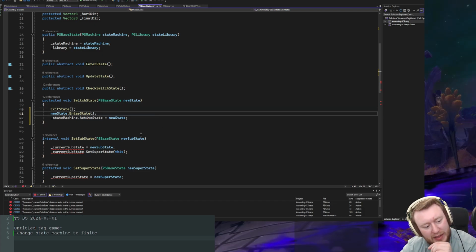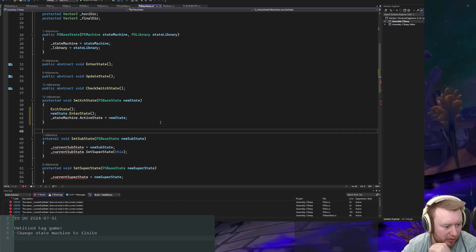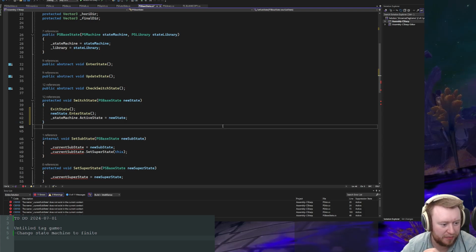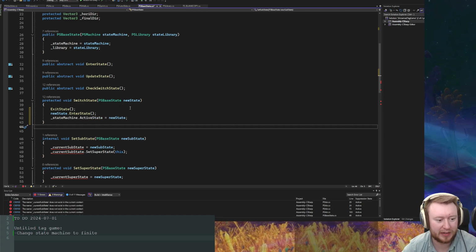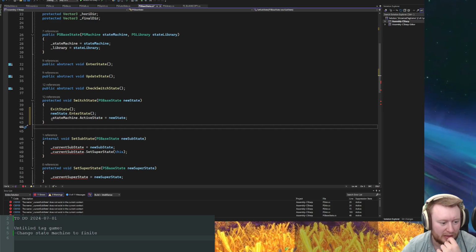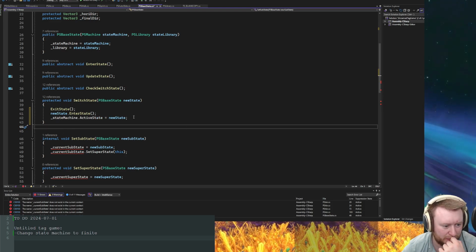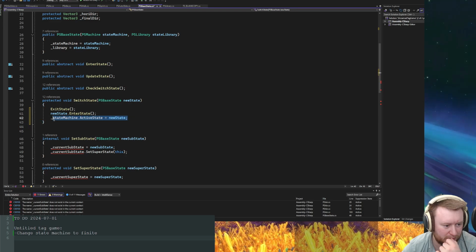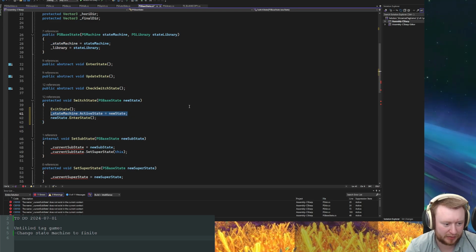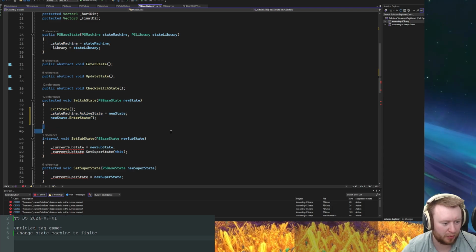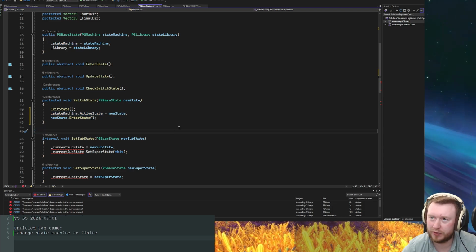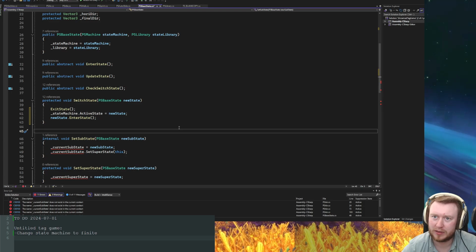It doesn't make a lot of sense though, maybe like in your head when you think about it, and that's kind of important as well to me, because in a month I might forget I did this, and then I'm gonna look at the code and see why am I on enter state getting the information from the current state. That makes no sense, but you know what? I'll set it back like this for now. If I find a really good reason, because I do think I'm gonna have to save the direction anyways,